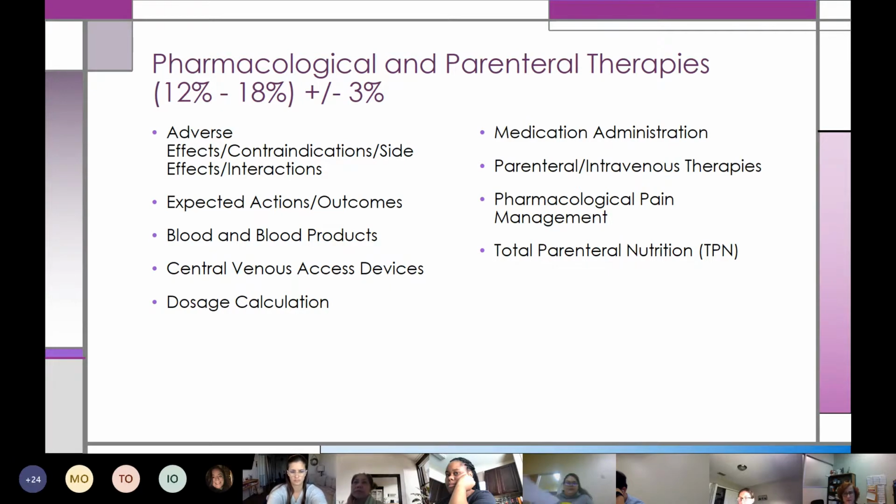Dosage calc you're familiar with. The overview of just basic medication administration. The different types, how do you give medications, and of course the parenteral pieces, pain management, and TPN. So those are all things that the NCLEX will be testing you on, or can test you on, I should say. You may not get questions on all of this. All right, so 12 to 18% of your questions will be